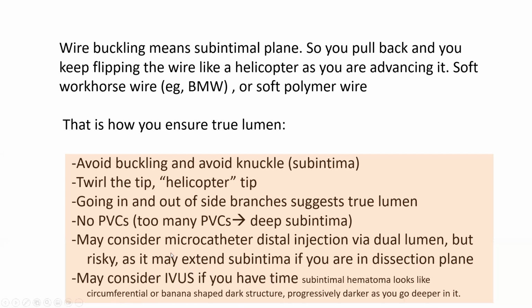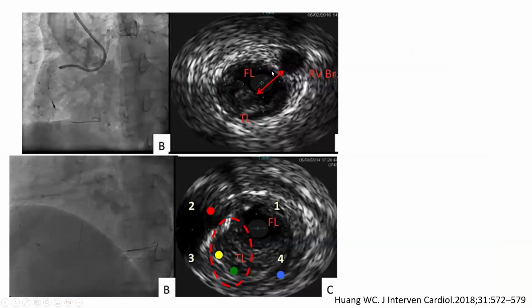And if you do IVUS, you need to know how the true lumen looks and how the subintima looks. The subintimal hematoma looks like a circumferential or banana-shaped dark structure. This is how the subintimal false lumen looks. Crescent, banana-shaped dark structure, sometimes with white speckles, whereas the intima is white. This is another false lumen. Here it's more circumferential false lumen, whereas the